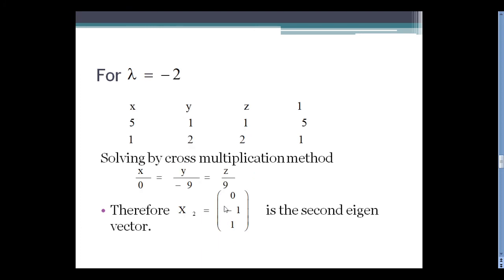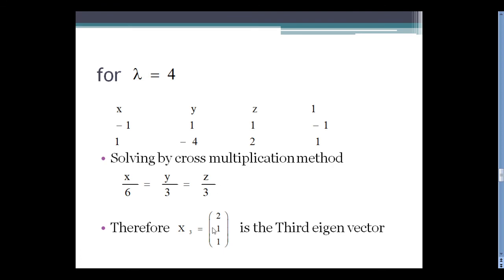Like this we have to do for the second vector 0. Here, square root of 0 square plus minus 1 square plus 1 square. We get root 2. So 0 by root 2, minus 1 by root 2, 1 by root 2. Then here we have to find the square root of 2 square plus 1 square plus 1 square. So we get root 6. So we should write 2 by root 6, 1 by root 6, 1 by root 6.